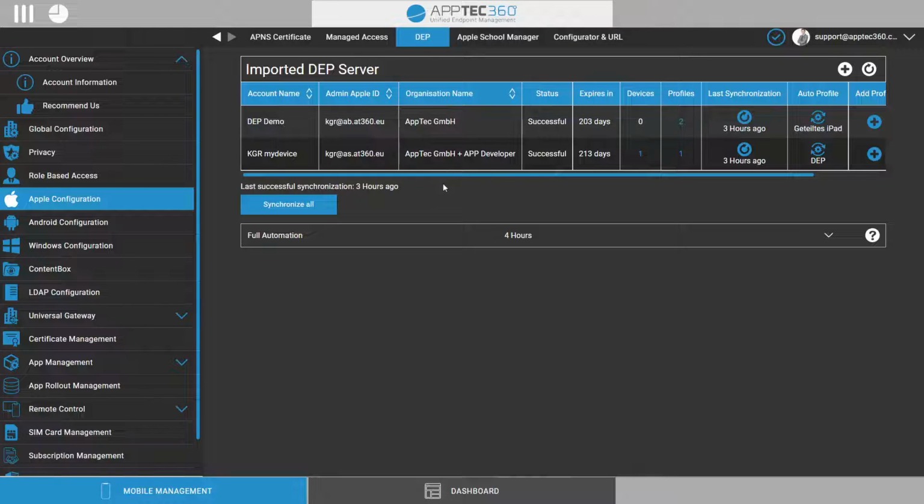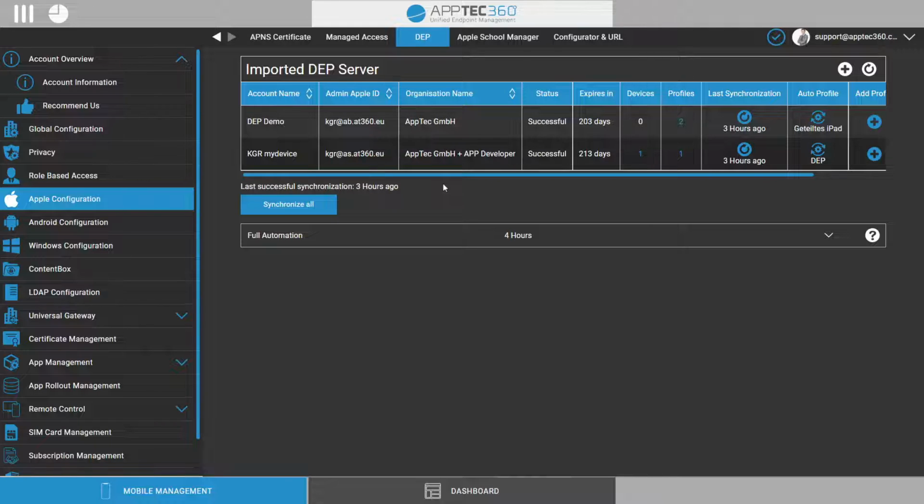So if you configure this and buy your devices, for example, all the synchronization and registration stuff happens in the background while the devices are being packed and shipped to you. After they are shipped to you, you get them out of the box, turn them on, and connect them to the internet. When they connect to the Apple server for the first time, they will get the information on what they should do and which MDM they should contact, and the device will enroll itself completely